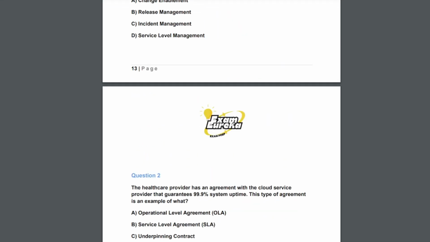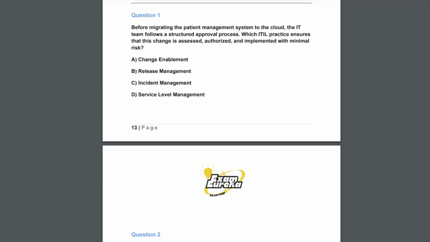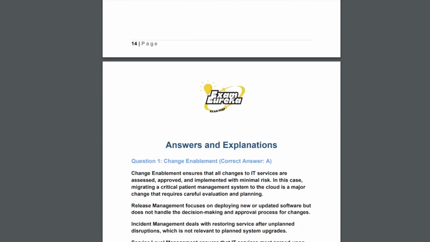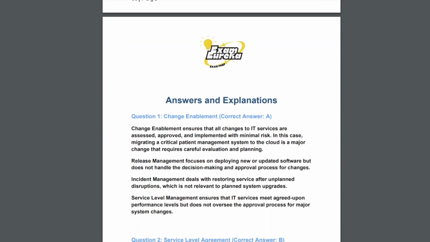Just remind ourselves of the question 1, which ITIL practice ensures that the change is assessed, authorized, and implemented with minimal risk? And the answer is, of course, change enablement. Change enablement ensures that all changes to IT services are assessed, approved, and implemented with minimal risk. In this case, migrating a critical patient management system to the cloud is a major change that requires careful evaluation